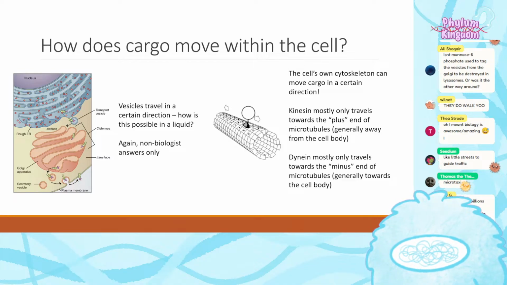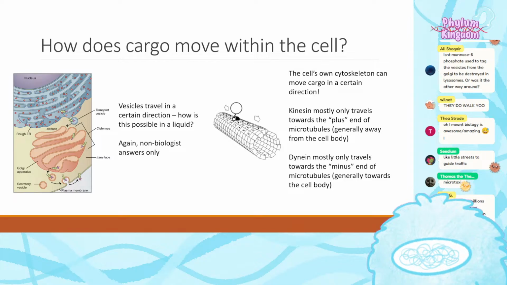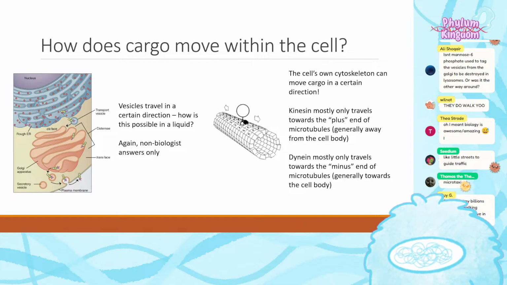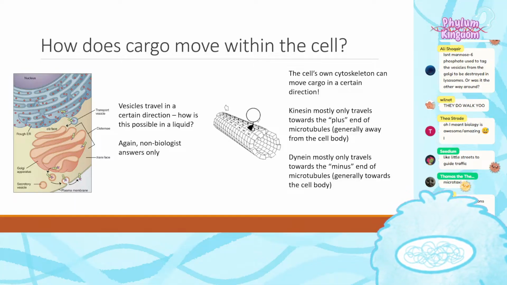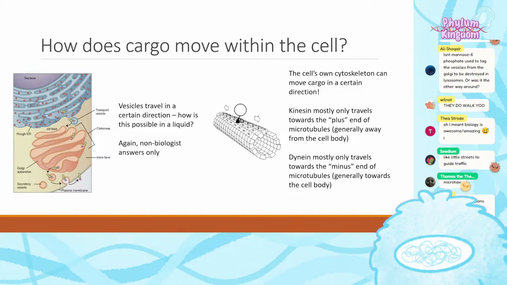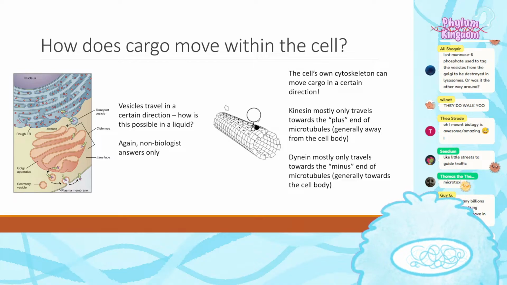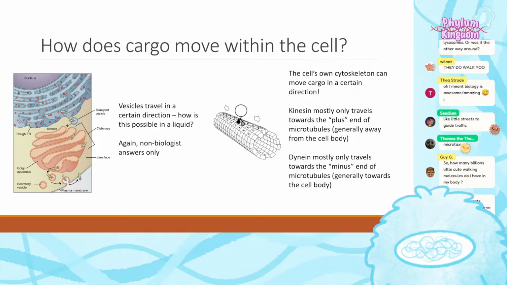I don't remember if you were the one who has yet to take a biology class or an upper level biology class, but there is so much joy, I think, in learning biology because of these neat little things that you learn that the cell actually does. It's just so wonderful how these things work out. Like little streets to guide traffic. Yeah, absolutely. You can think of them as little streets to guide traffic.